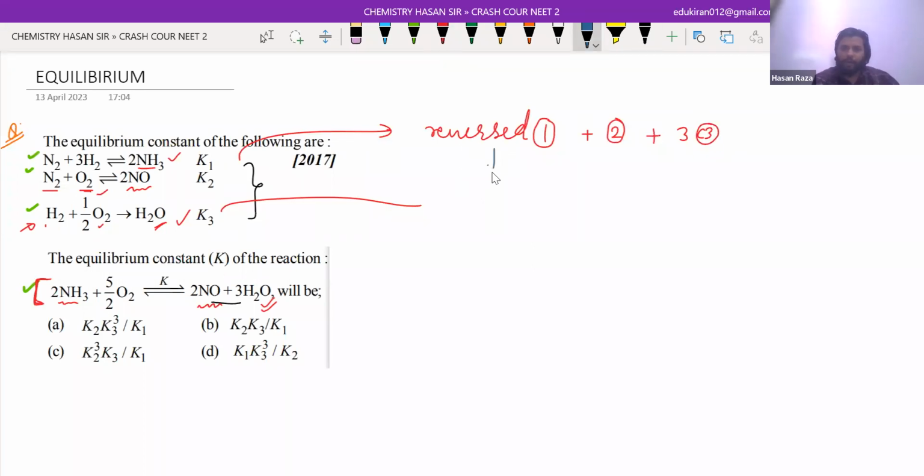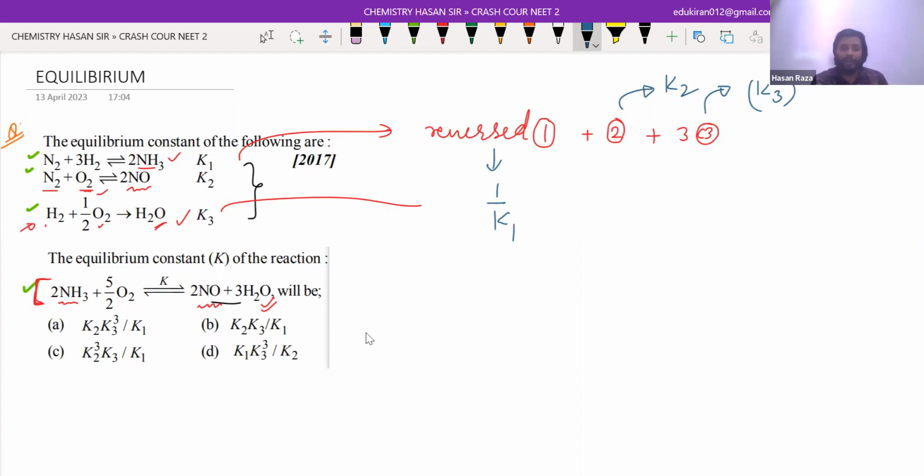Now, if you are going to reverse it, what you need to do? 1 upon K1. Whenever a reaction is reversed, it will be the inverse. Then for equation 2, it is as it is, that means K2. And for equation 3, it is multiplied by 3. So whatever is the multiplication number, it will be in power, and then add it,